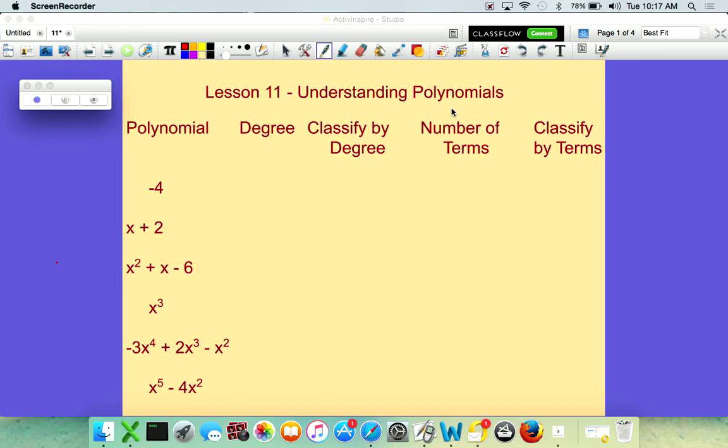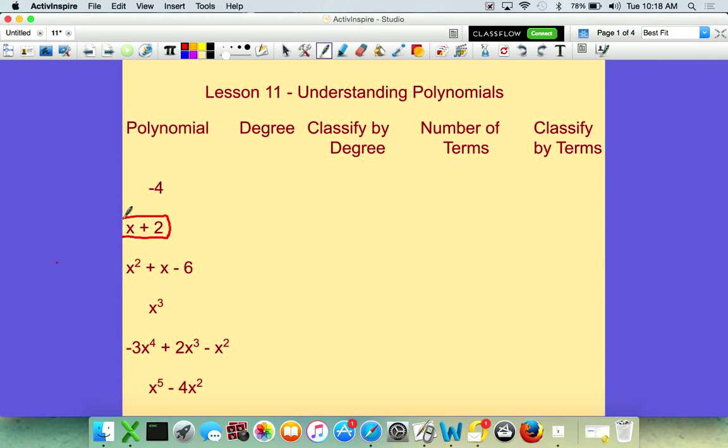We're doing lesson 11, which is understanding polynomials. Before we do anything that's up here on the board, I want to look at each one of these different expressions. Let's start with this x plus 2. That x plus 2 has two different parts. As you can see, there are two terms to it, but I want to focus on this 2 first of